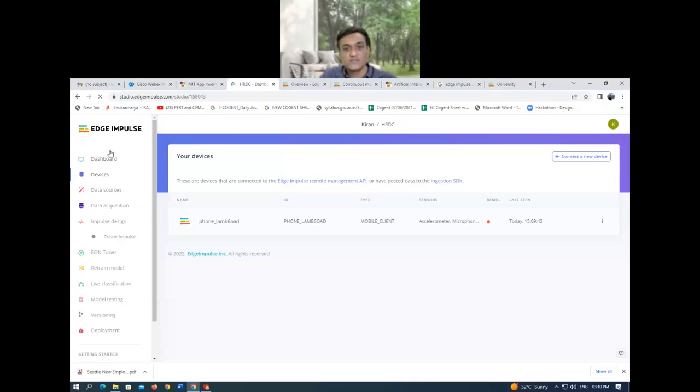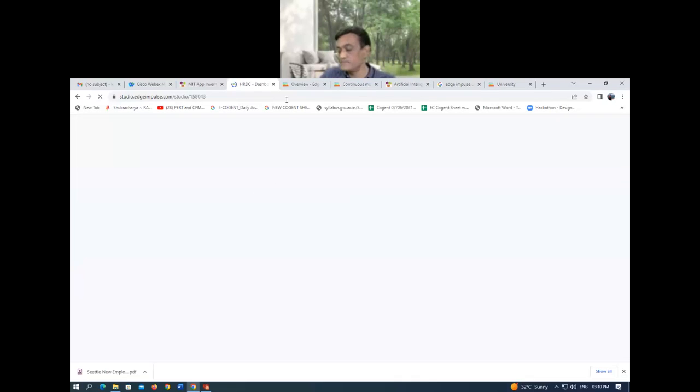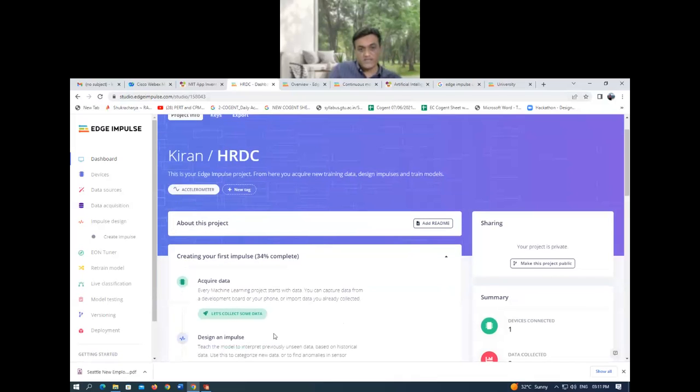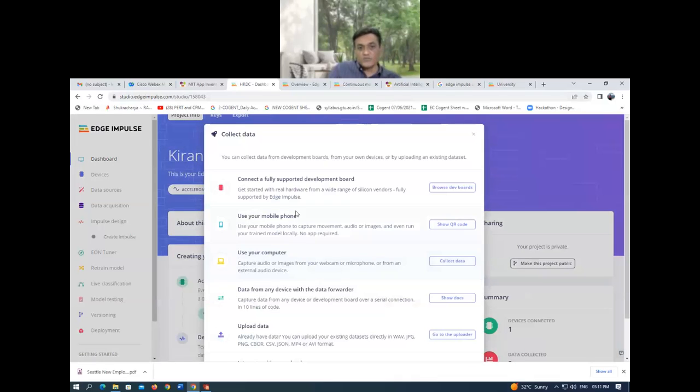So right now you can see that my phone is connected because I scanned that code and my phone is directly connected. So my phone is basically showing me these sorts of options right now. So it gives me various options: collecting images or collecting audio or collecting motion. So these are some of the data which I am able to get. So maybe I click on collecting motion, I will move my phone here and I will try to